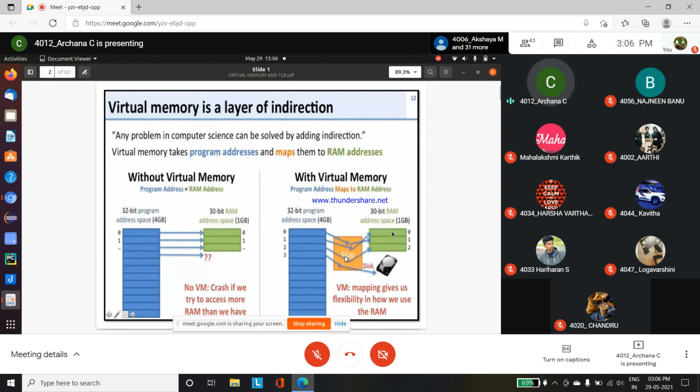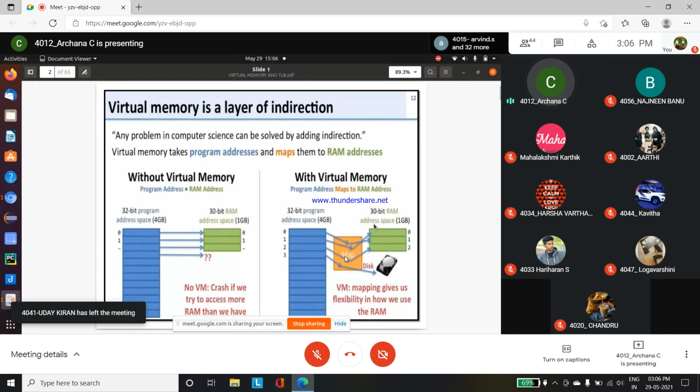If we have virtual memory, the program address maps to the RAM address in the same way. So a 32-bit program address space, that is 4 GB, and here you have a 30-bit RAM address space, that is 1 GB, which is again less than the program address space. Now we are using a mapping technique.